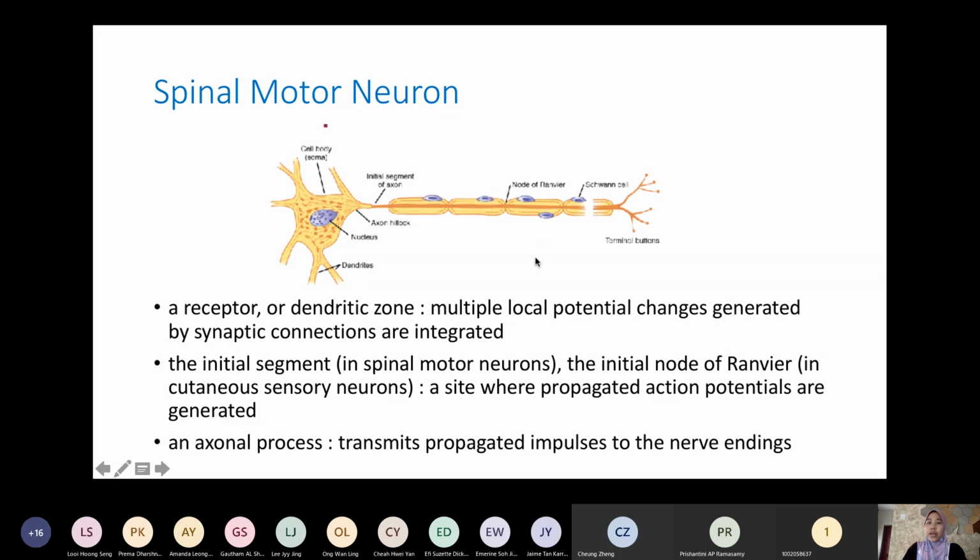For example, this spinal motor neuron over here has the Schwann cell. But not all of the neurons have a Schwann cell. Usually the neuron that has a Schwann cell is a fast active fiber. Sometimes we call it a neuron, sometimes we call it the nerve fiber. It's just similar terms referring to the neurons. So those neurons that have a Schwann cell are actually fast motor neurons. Fast motor neurons are for fast response.